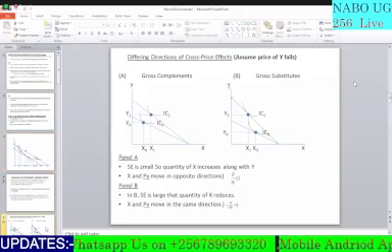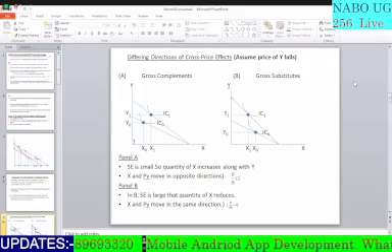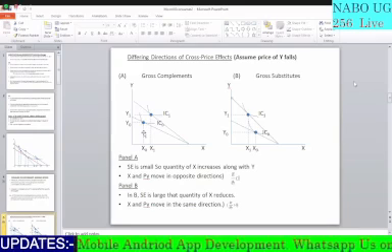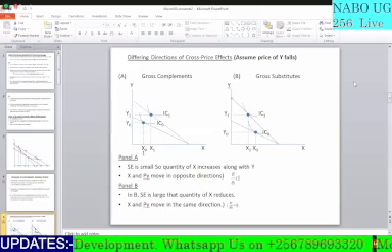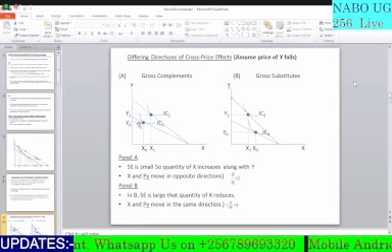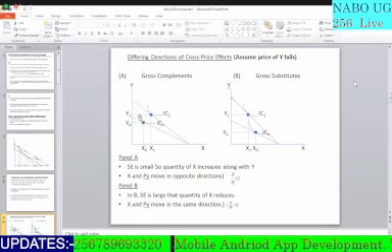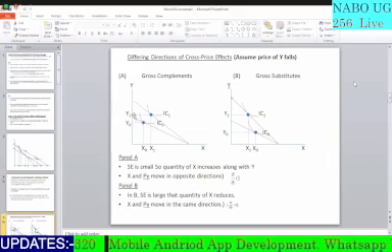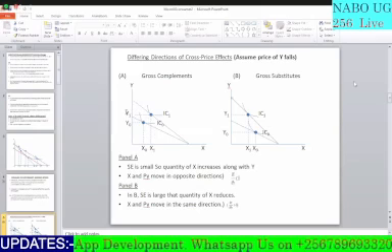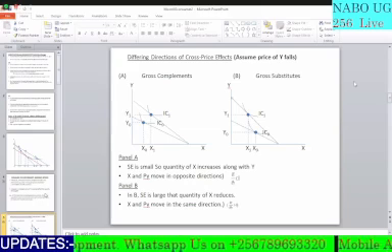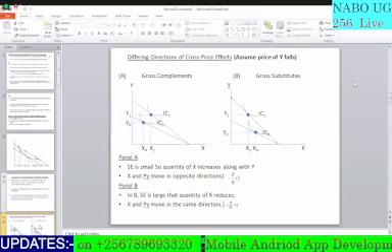Okay, now we go back to our diagram. So in panel A, we have the original position here, the individual buying YO and XO. Now the price of Y falls and the budget line rotates. When the budget line rotates, you can see that the quantity of X is increasing and the quantity of Y is increasing, because now that can be explained by that small